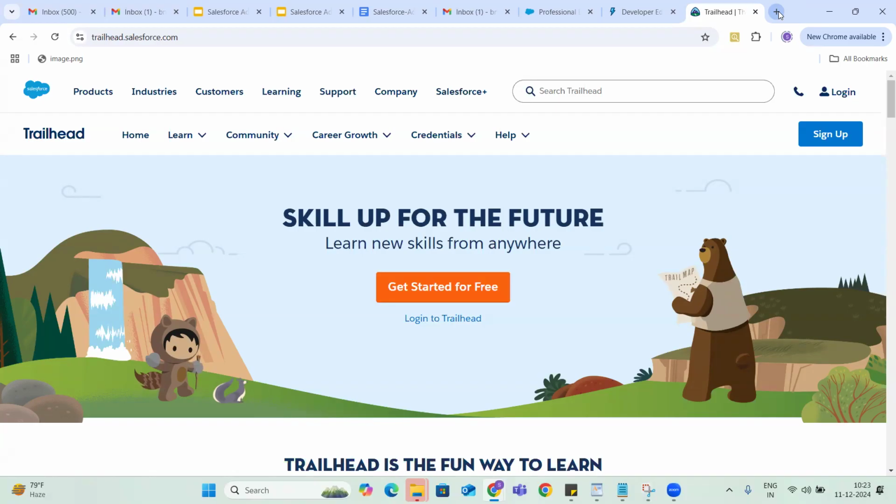Salesforce is very vast, guys. Whatever we are learning about admin and development, these two are only a minor part of Salesforce, like 20% of it. It's not that if we learn admin and development, we are done with all Salesforce things.